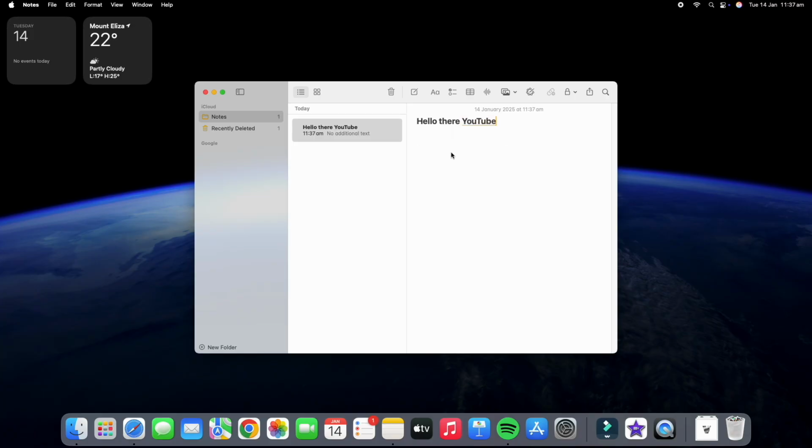Now once you've done that, highlight the text that you want to copy. Now just press Command and C. So Command and C is the copy. And then you can go and paste that anywhere. So press Command and V, and that will then paste exactly what you've copied as many times as you want